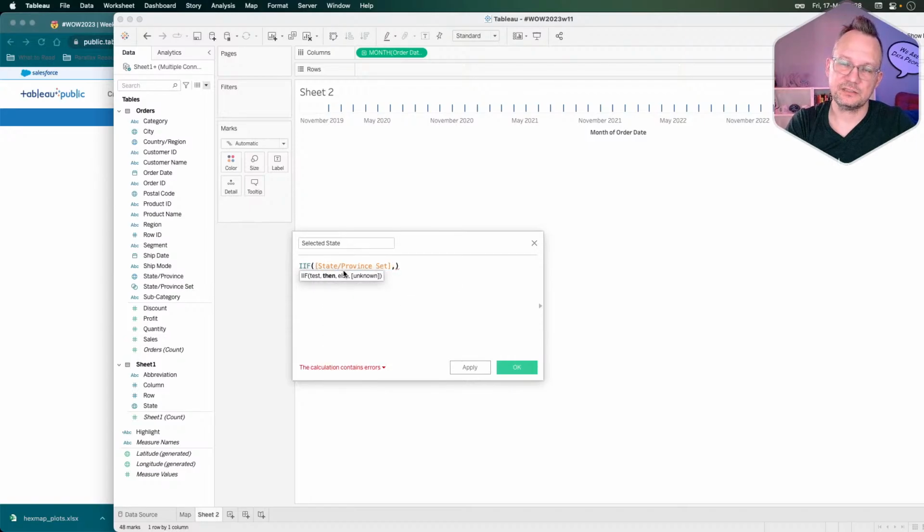Remember, sets used in calculated fields are Boolean. So you use this just like a Boolean field. I don't need to put equals false or anything like that. Just putting that in there is basically going to evaluate the set when true. So when state set is true, then I'm going to return the sales. Otherwise, I'm going to do